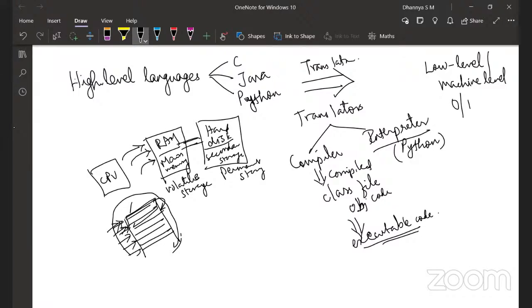Okay, so am I clear or am I confusing you more? Fine. So this is what makes Java platform independent, in the sense that the class file is independent of the platform and the computer architecture on which it is going to be executed. Whereas the final executable code is still dependent on the computer architecture on which it has to be executed, and that will happen during the runtime. Got it? Yeah.